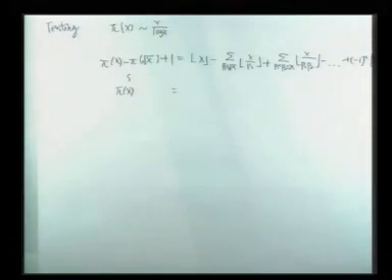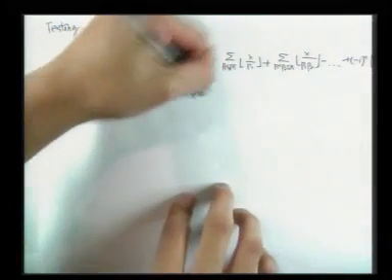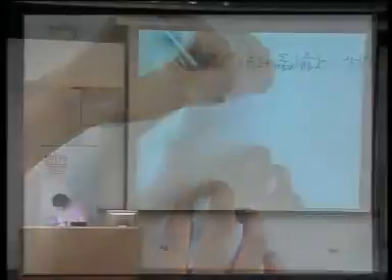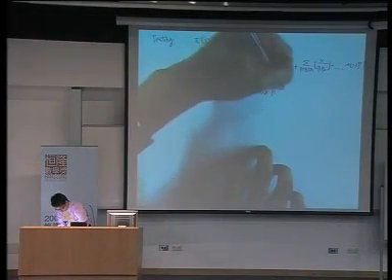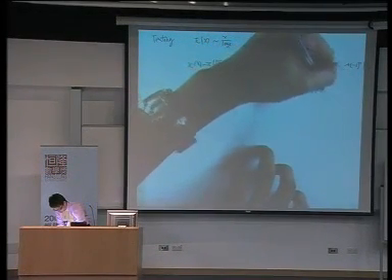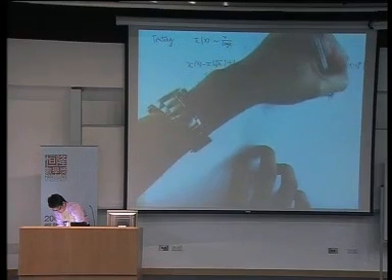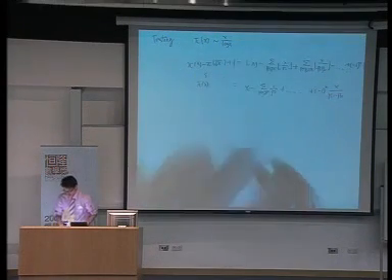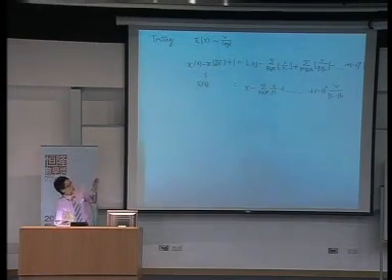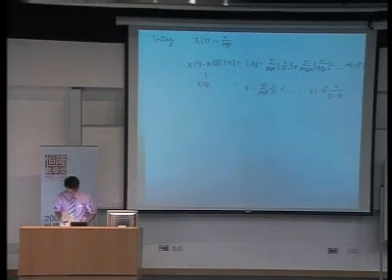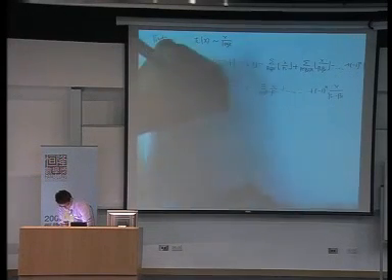And we can also expect that the right-hand side is asymptotic to this one. That is, we remove the floor function. Then the right-hand side can